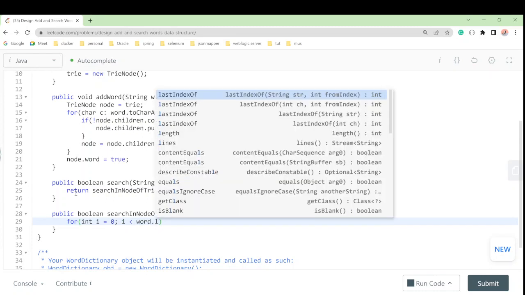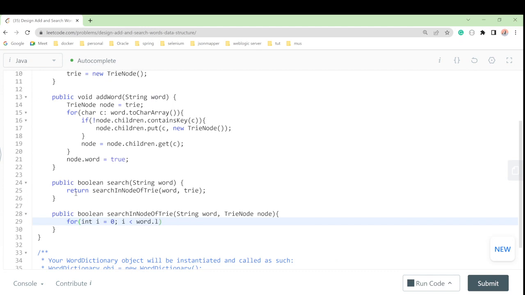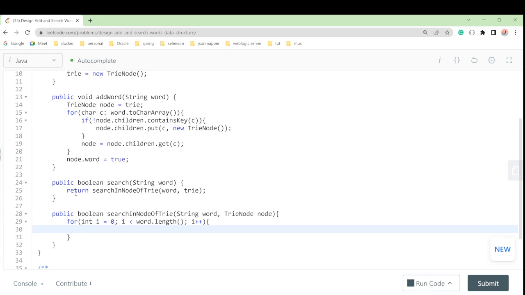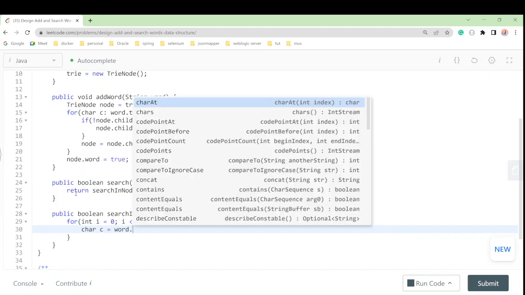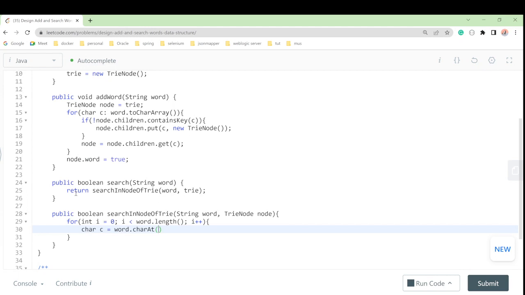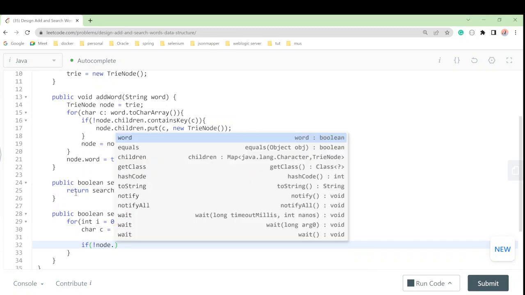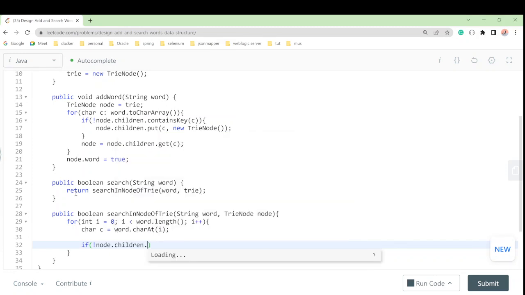We loop over the word, from i equal to 0 while i is less than word.length, i plus plus. One by one, character will get and check on the node. Let's suppose we have character c equal to word.charAt(i). So at each character we find the node. We'll check if node contains children, and then whether it contains the key